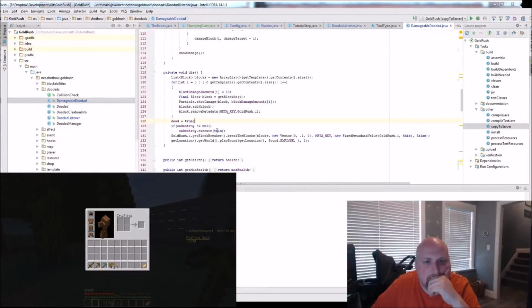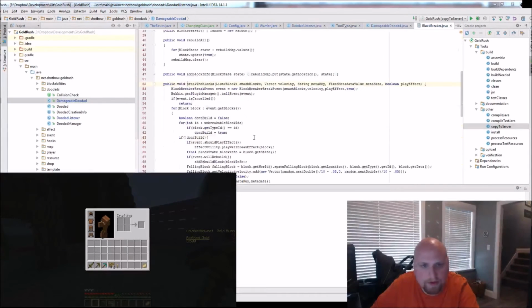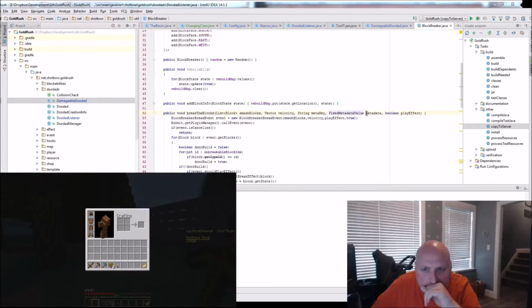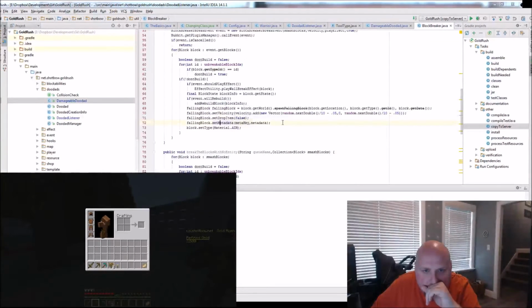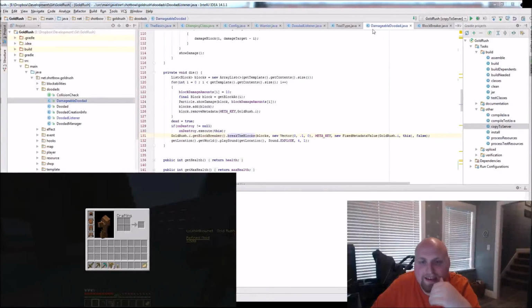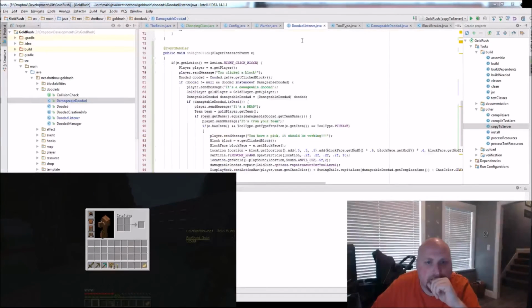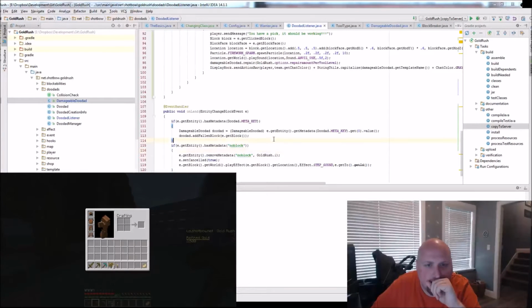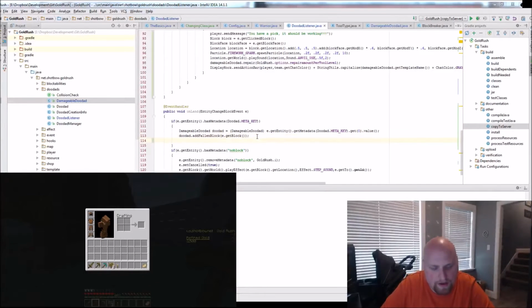in its die method. We go in here, the on destroy. We use my little block breaker here to break the blocks. And I've got a fixed metadata value, meta key, and the meta key gets applied to the following blocks. Oh, you know why? That's why. I don't think I keep it when it's on the ground. On land, if it's this, dude. Okay, so then I can go e.getBlock.setMetadata. There we go. Doodad.metakey, comma, new fixed metadata value.